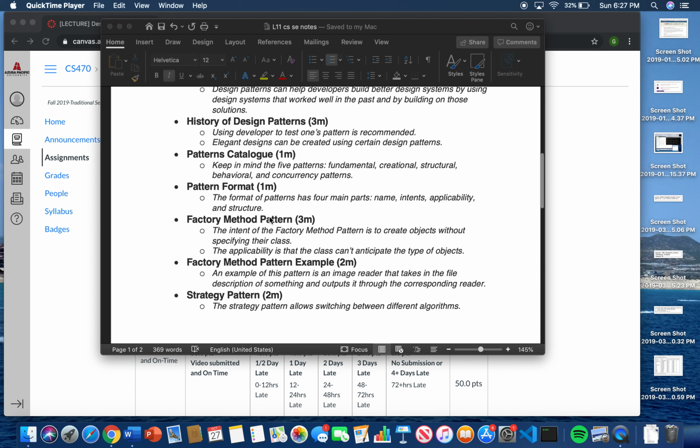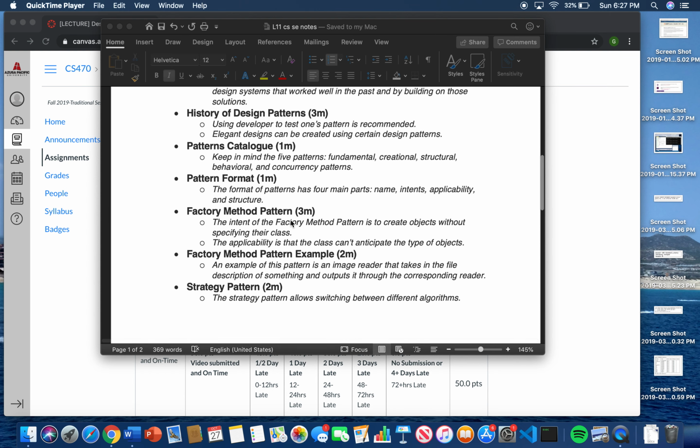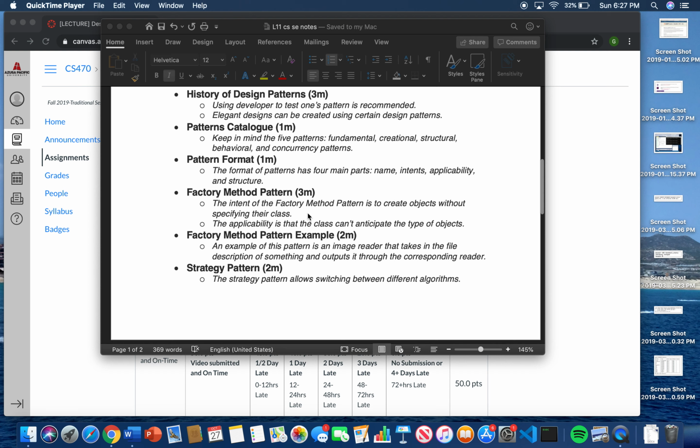As for the factory method pattern, I found that the intent is to create objects without actually specifying the class that they rely on. And the applicability for it is that the class can't anticipate the type of objects, so it just works in that certain way for tying in with objects. The example that the guy showed us in the video was taking in a file and then reading through it with the corresponding reader, whether it would be a JPEG or PNG or a GIF file,